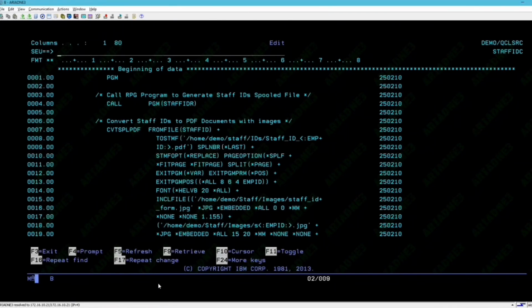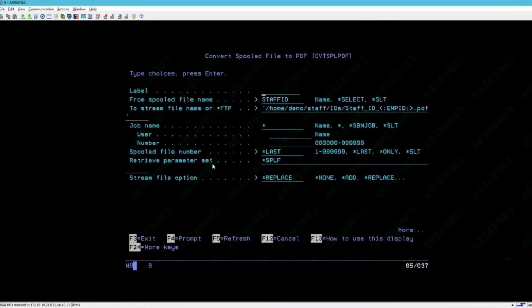more complex PDF document. This CL program starts by calling an RPG program to generate our spool file of staff IDs. It's then running the CoolSpools command convert spool PDF in order to convert from that spool file to our PDF documents. And if we press F4 to prompt the command, we can walk through the different parameters that have